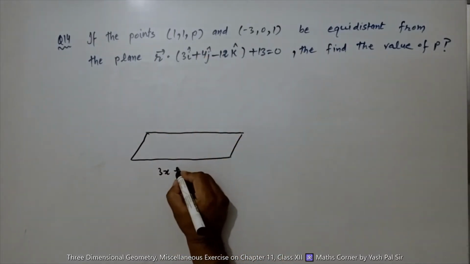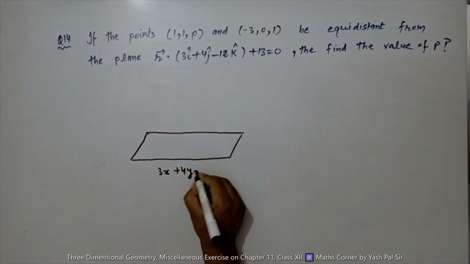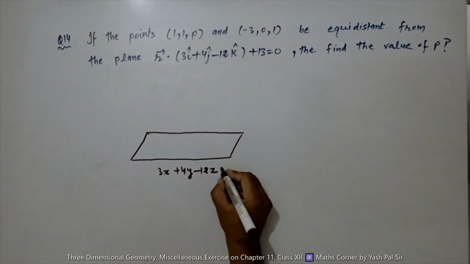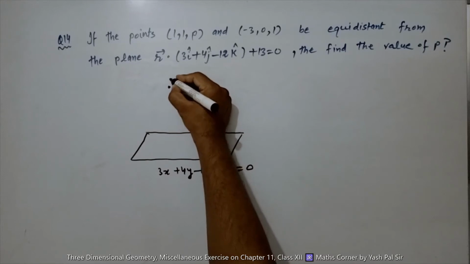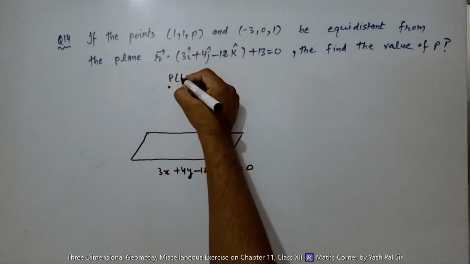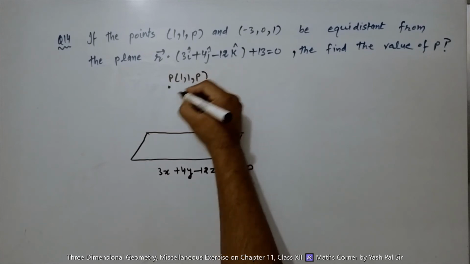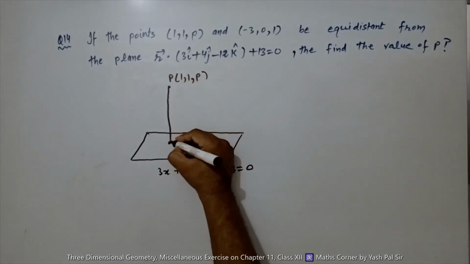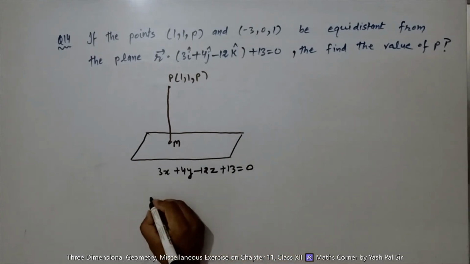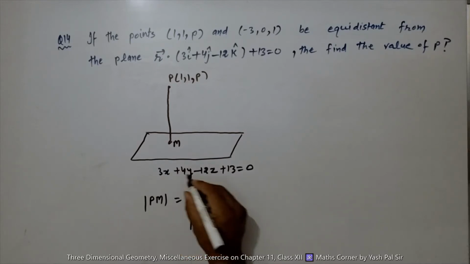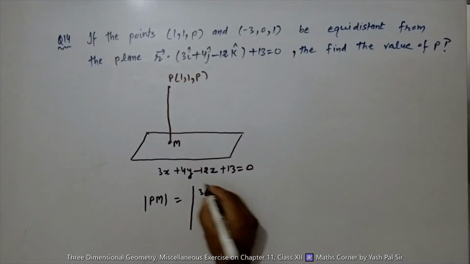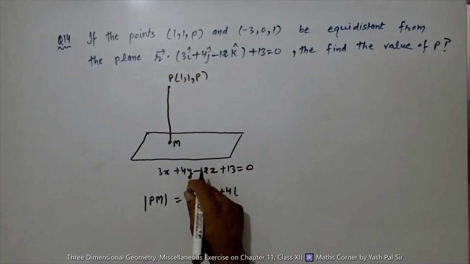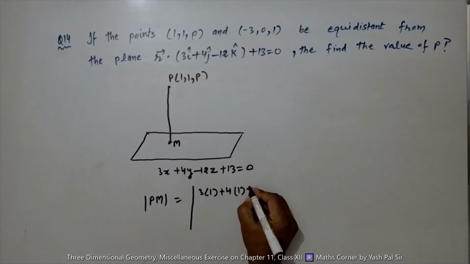The equation in Cartesian form becomes 3x plus 4y minus 12z plus 13 is equal to 0. Suppose this is the point P. Its coordinates are 1, 1, p. So the perpendicular distance, this is PM. We find this perpendicular distance PM is equal to modulus 3 into x mean 1